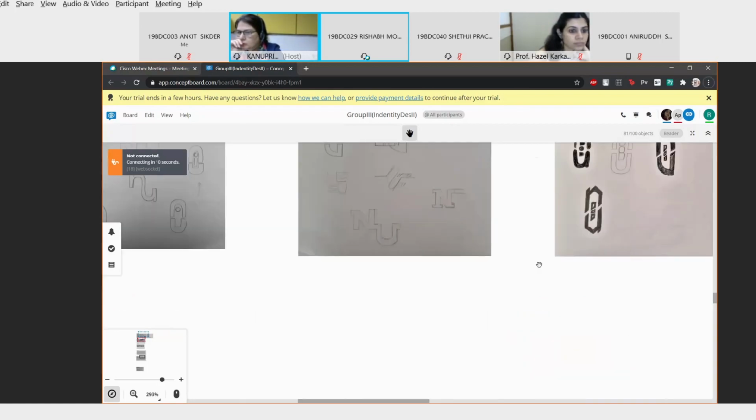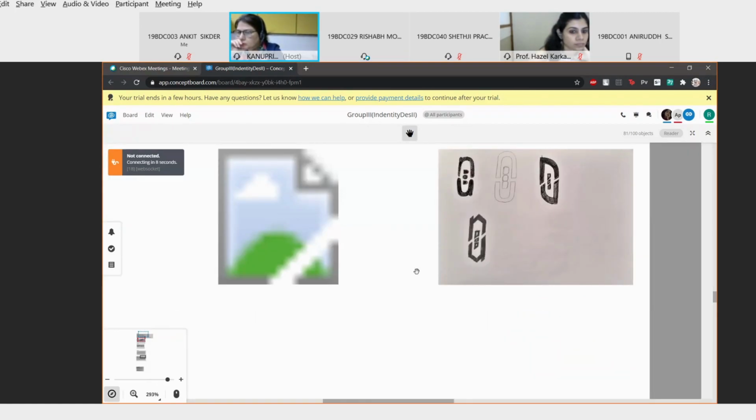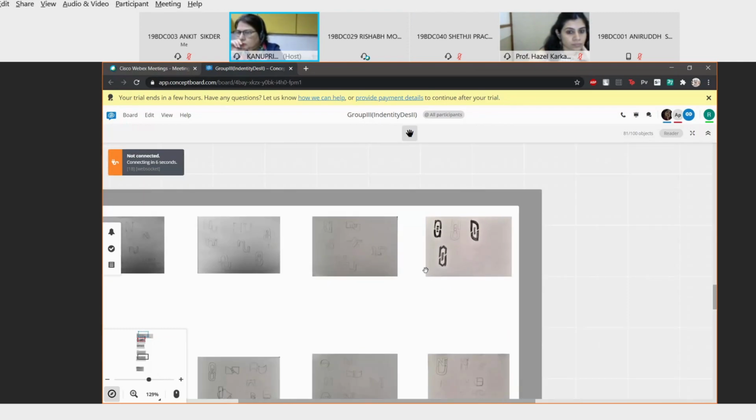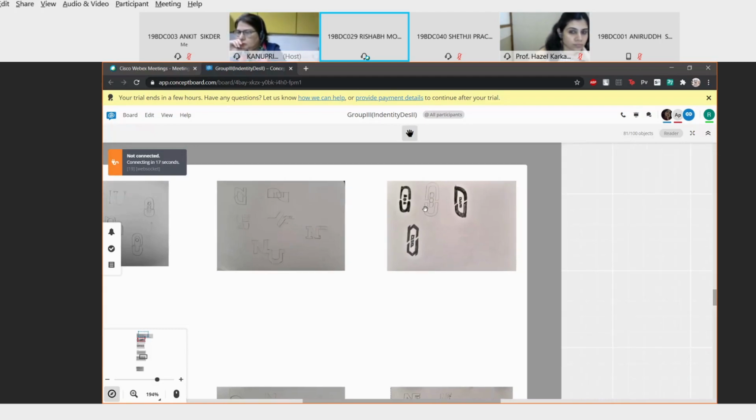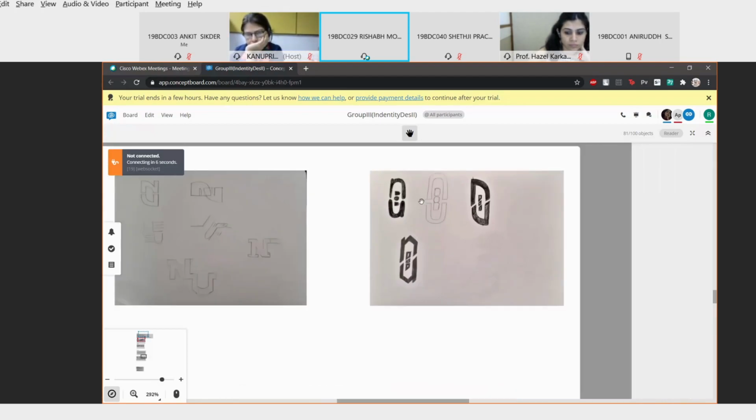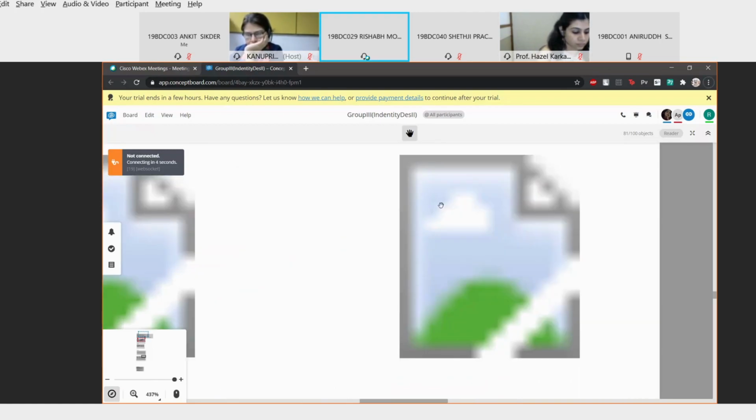So I started with a few of the doodles. One of the ideas that I made on the first day was this form which I made to look like a chain link. So it's my idea of collaboration. Since it's a university, to show collaboration, I show it in a chain link way. And I've done it in such a way that the N